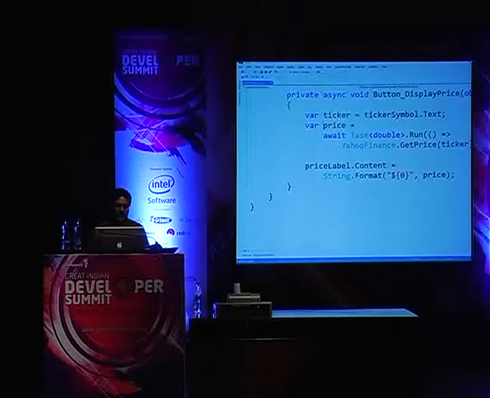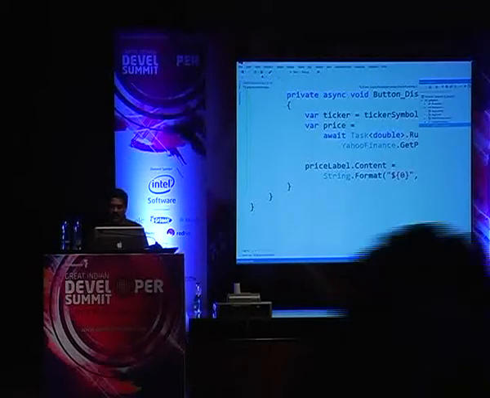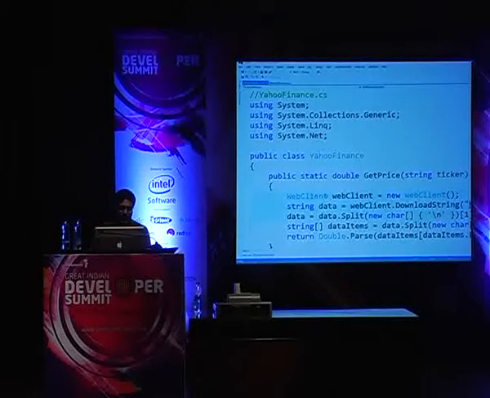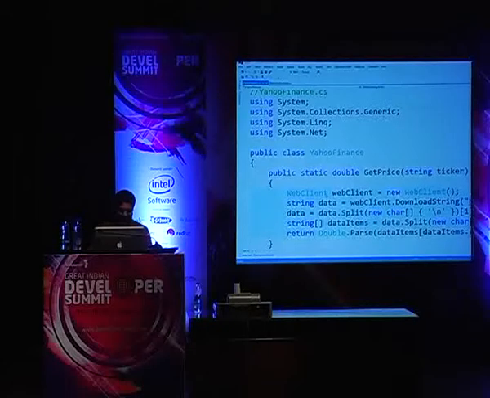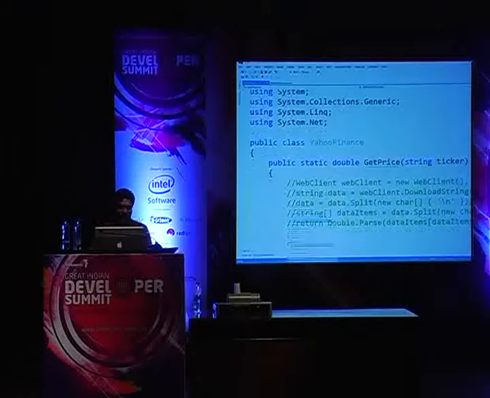Now, in order to make this a bit faster, I'm going to simulate a response back so that we don't have to wait for the response from the service over and over. So I'm going to comment out this little code that's going to talk to the service itself. This is what was doing the work so far. I'm going to just cancel that out for a second. And instead, I'm going to simply return a random, actually let's go ahead and return 33.31 because that was the value, right? But we'll cause a delay here.